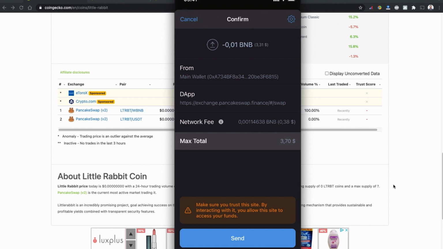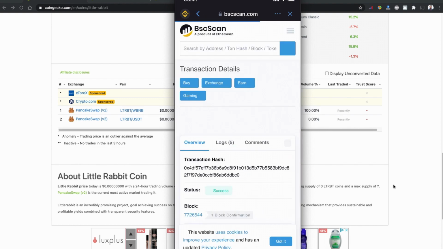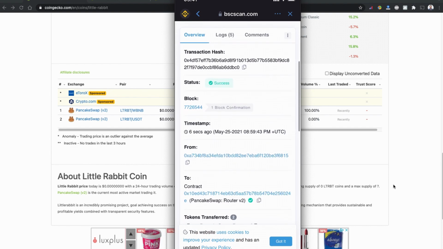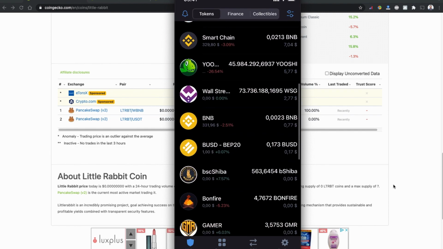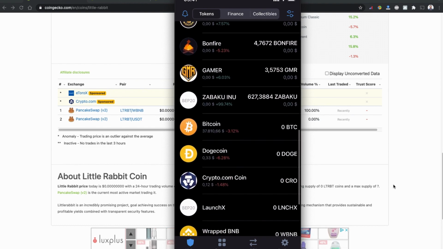Once I click to send, the transaction will execute, and as you can see, we can head to BSCScan to see our hash code. The transaction hash is there, the status is succeeded, so I am expecting my Little Rabbit token coin anytime soon in my Trust Wallet. So let's go back to the Trust Wallet and see if I already have my Little Rabbit token coin.